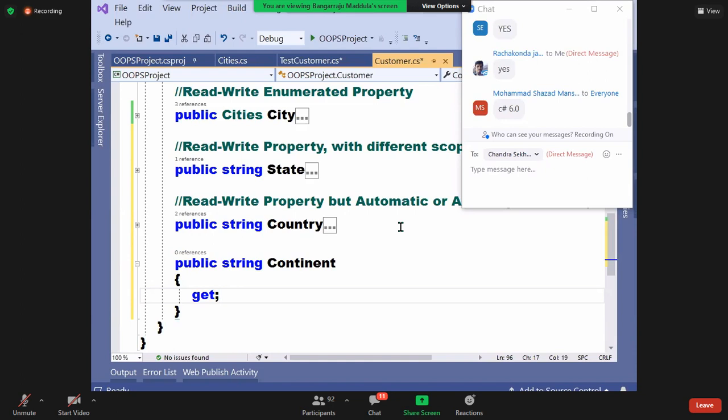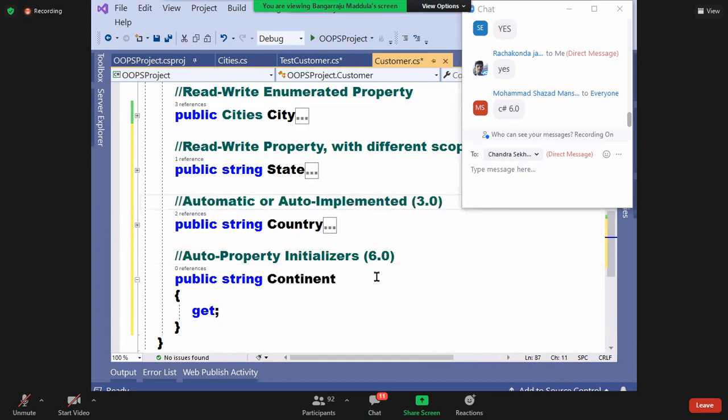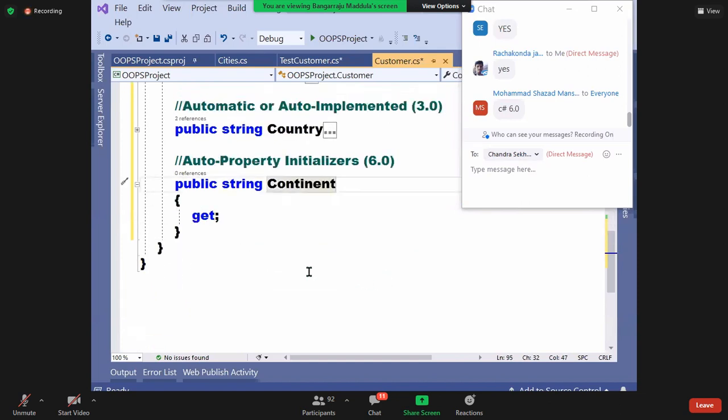To overcome this problem, they added a feature called auto property initializers, in C# 6.0. The problem is only initialization now.